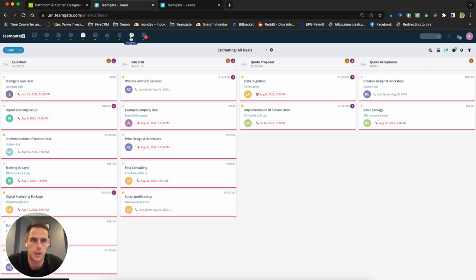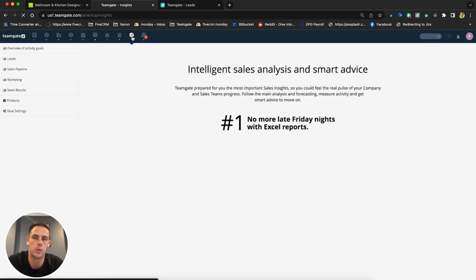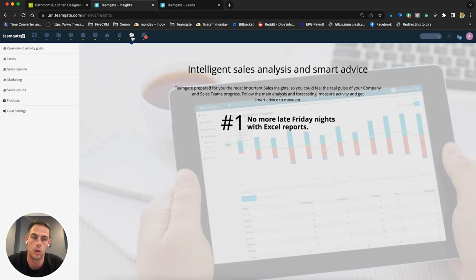The last thing I'll just touch on quickly before I wrap up is our sales insights. And this is going to be good to understand your performance. So these are all out of the box. And what I mean by that is there's no setup required. You don't have to write any code. You don't have to set anything up. As soon as you start closing business or emailing from within the CRM, these are going to start tracking